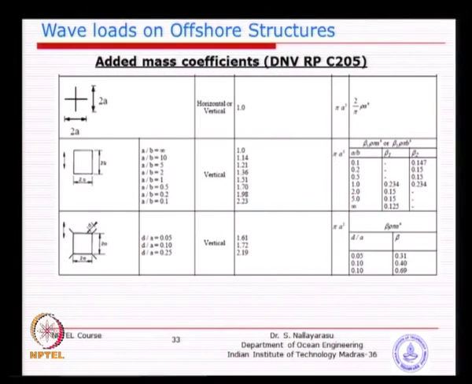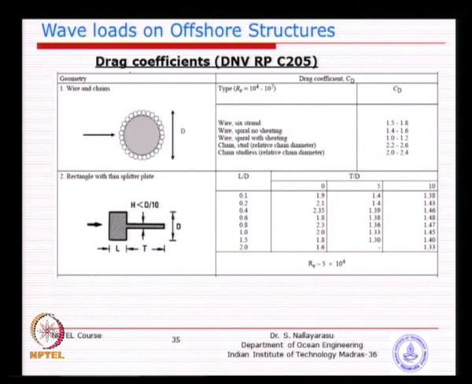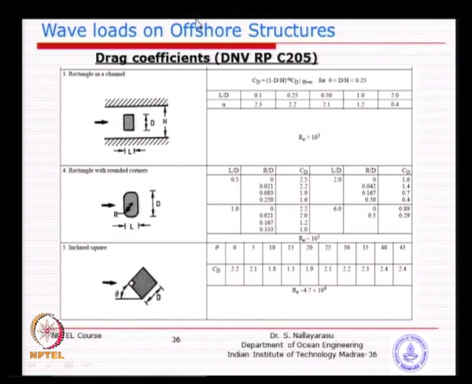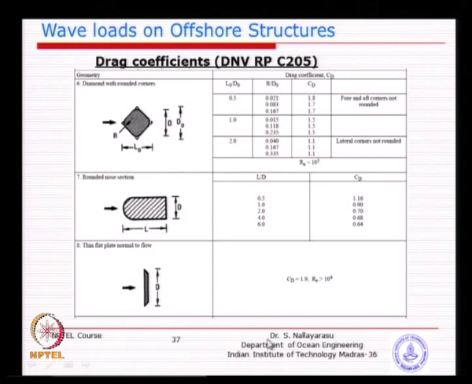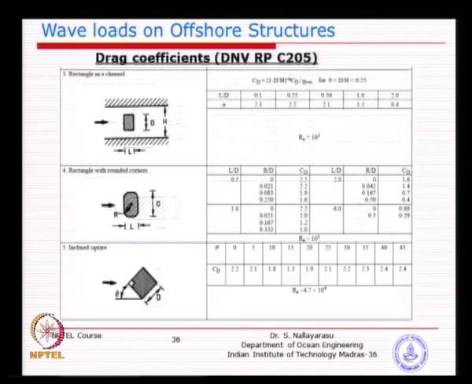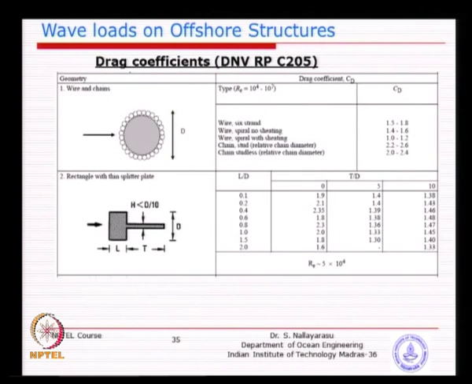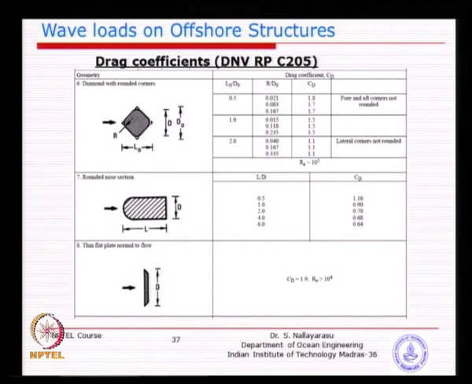Similarly, I have given you the drag coefficient also recommended by DNV for non-circular shapes, like for example, wires and chains with rough surfaces. Most of the values are around 1.5 to 2.4. Flat plate is something that we are very much interested in. If you see there, for this kind of flat plate, CD is almost 1.9. So, in comparison to what we had, 0.6 and 1.2, for a flat plate so much drag force is attracted, and other shapes you could use for your reference if you encounter them in your design problems.